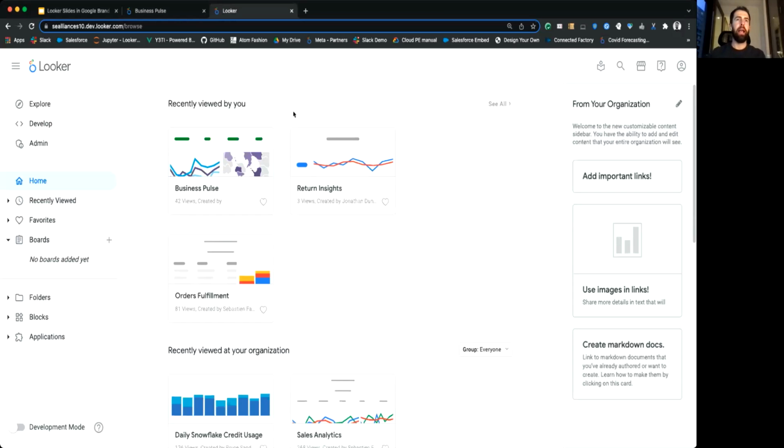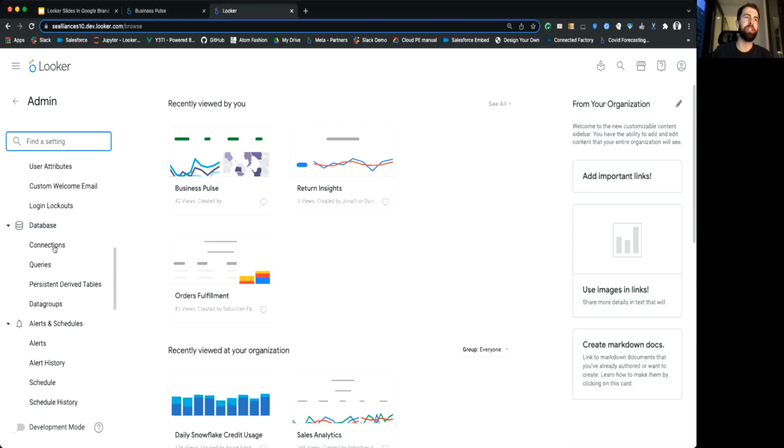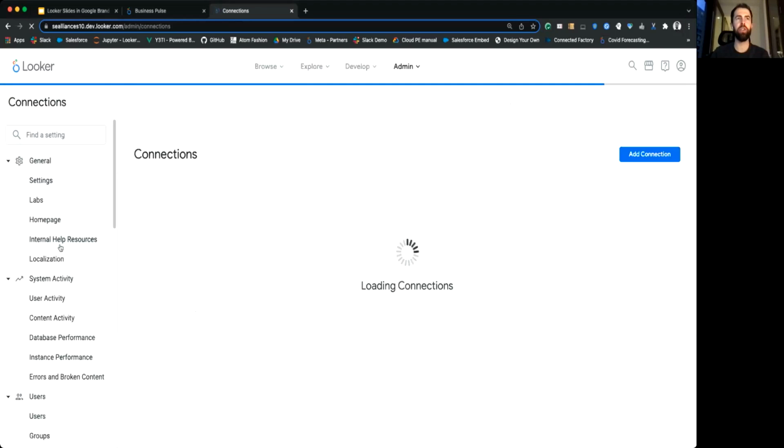Perfect. So here we have our Looker instance, and hopefully you can all see my screen completely. And so the very first thing we need to do is connect Looker to our database. And that's going to live in this admin menu. So if I go to admin and I scroll down to database and hit connections,